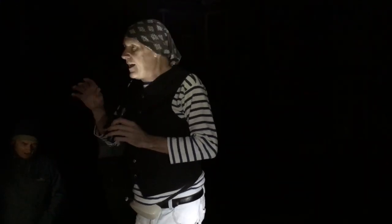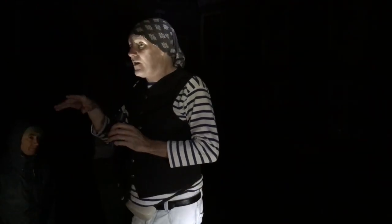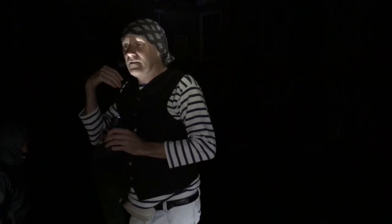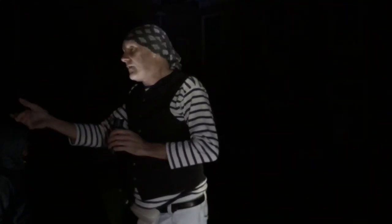I'll just give you one more little story here. I had a group of about 25 people on this walk, and we actually came here, and rather like we've actually had an experience tonight. Did you hear the door banging behind me when I was telling the story about the door not being locked? It was locked. We did the same. We came here and I got everybody to...